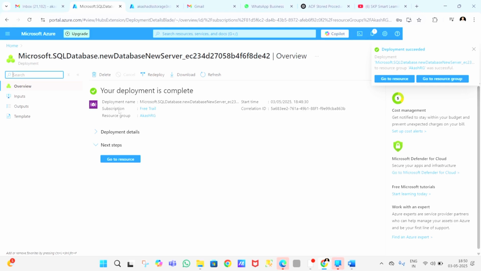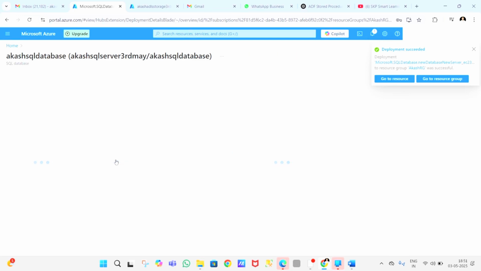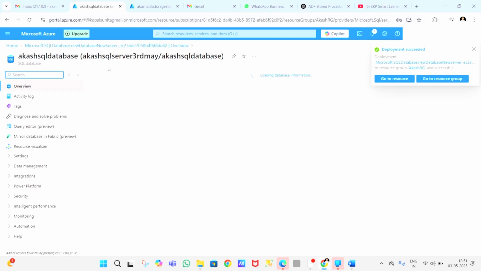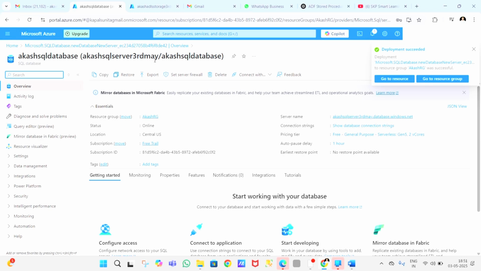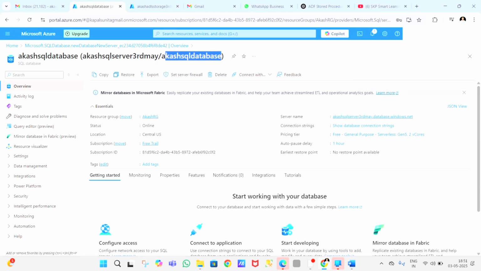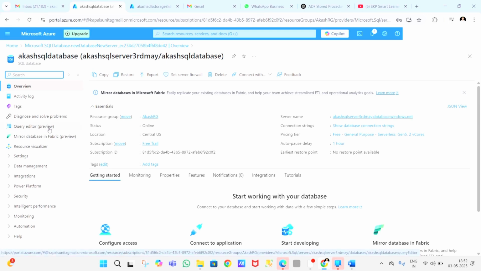So guys, here you can see your deployment is completed. Now I'm going to click on go to resource. Once you click on go to resource, here you can see the Akash SQL server, and the SQL database which I created, whose name is also showing here, Akash SQL database. That's why a naming convention always helps you. On the left side you can see query editor preview.